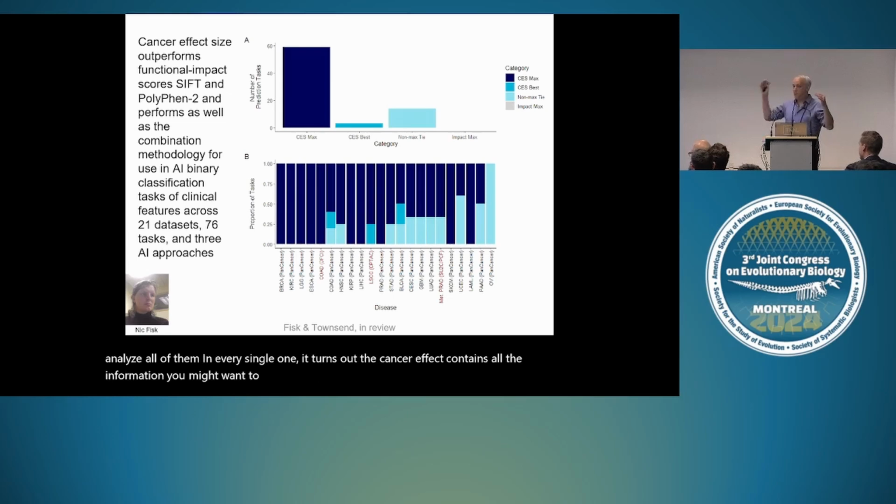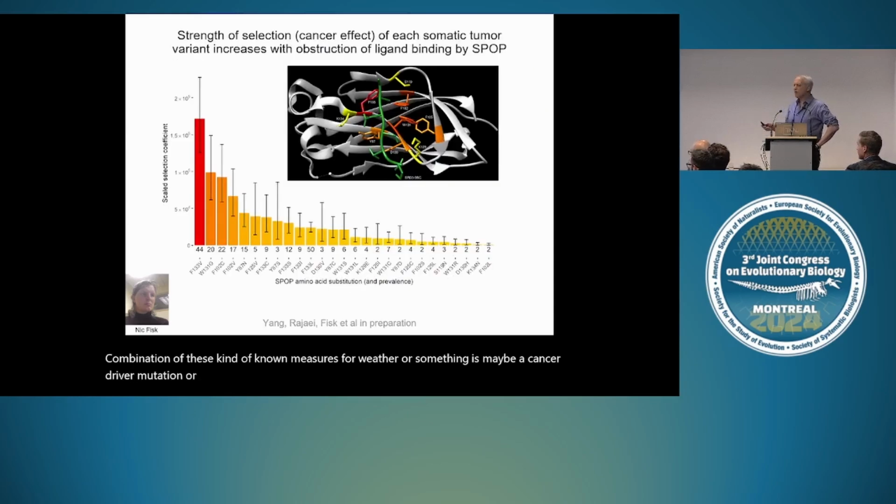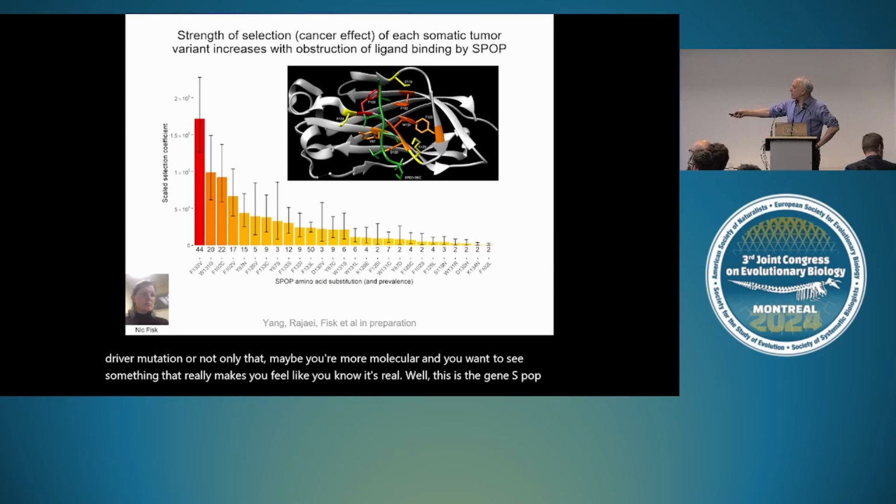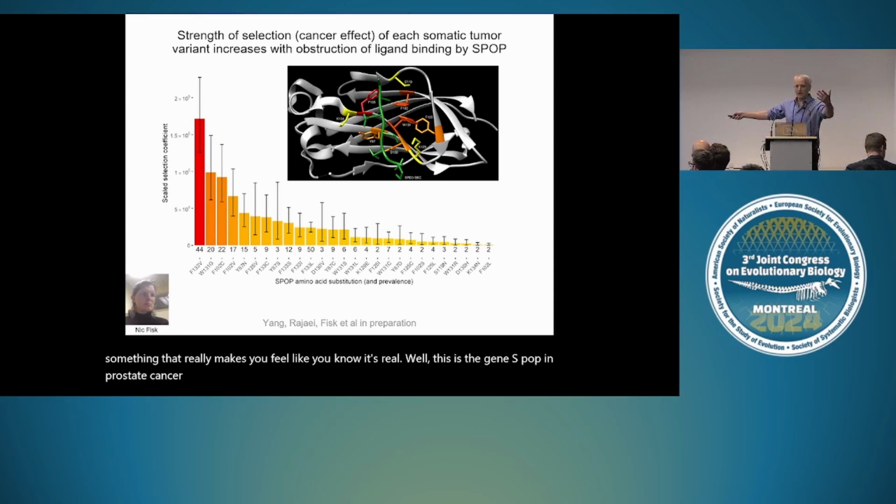It either does better or just as well as any other combination of these known measures for whether something is maybe a cancer driver mutation or not. Not only that, maybe you're more molecular and you want to see something that really makes you feel like it's real. Well, this is the gene SPOP in prostate cancer, which is a very major driver in